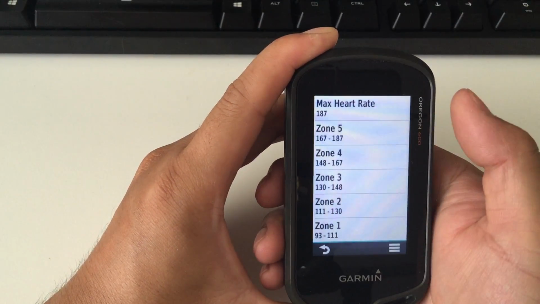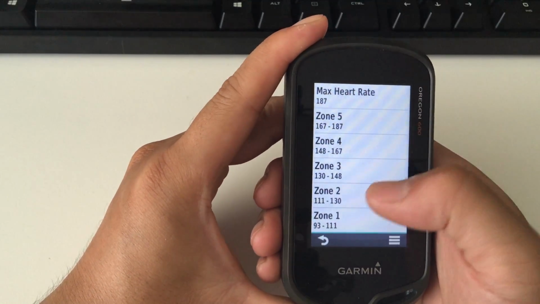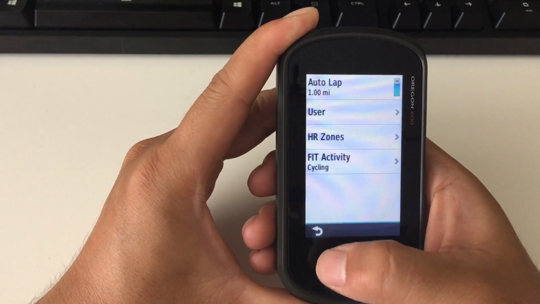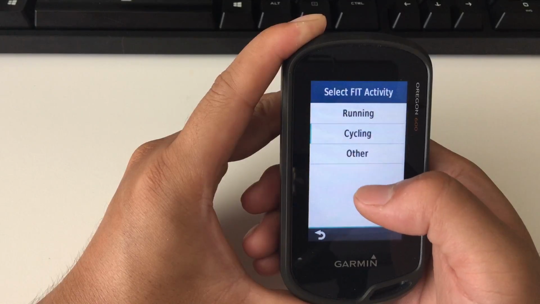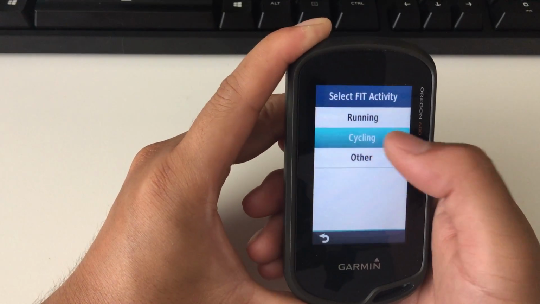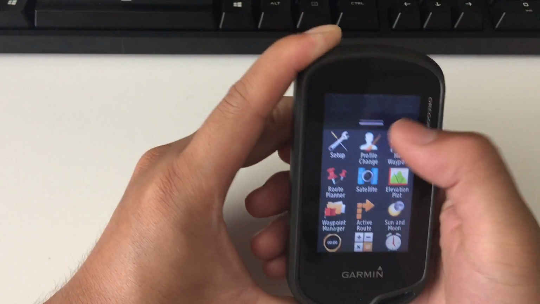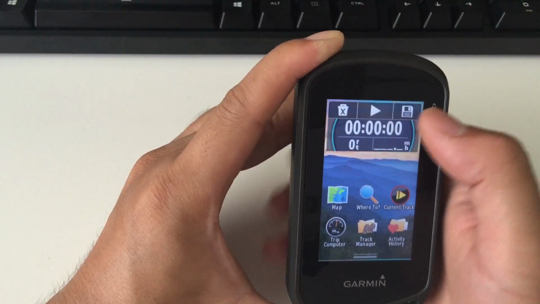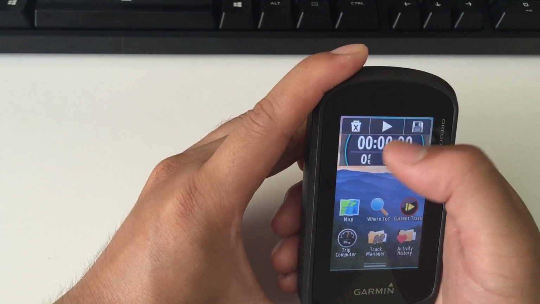And you go to HR zones. Heart rate zone is automatically calculated based on your age, but you can fine-tune it by going in and set the numbers yourself. And also your most important is the fit activity. Make sure it's set to cycling, like so. And so your fitness profile is set up, and every time now when you click start the track, it will